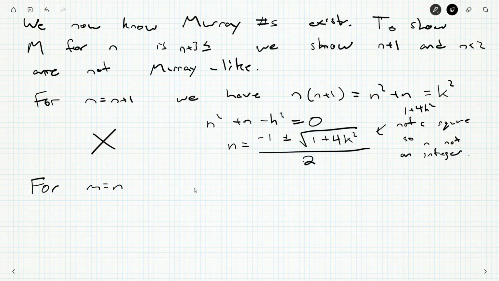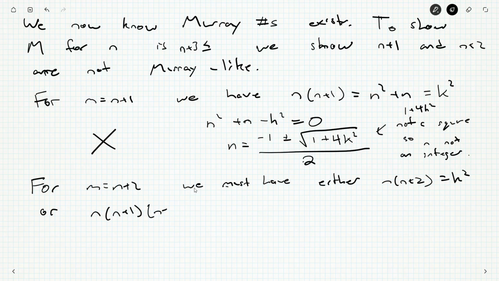How about for m is n plus 2? So we got two possibilities. Either n times n plus 2 is a perfect square, or n times n plus 1 times n plus 2 is a perfect square. Now this first one here, I think we could probably do some quadratic stuff to show that doesn't work, but n times n plus 1 and n plus 2, we're a little stuck there, aren't we? Because that's going to be a cubic, and that's not going to be the easiest thing to work with. Well,